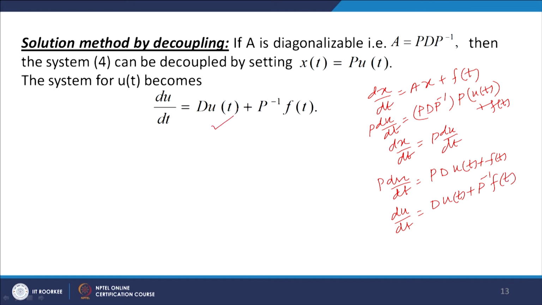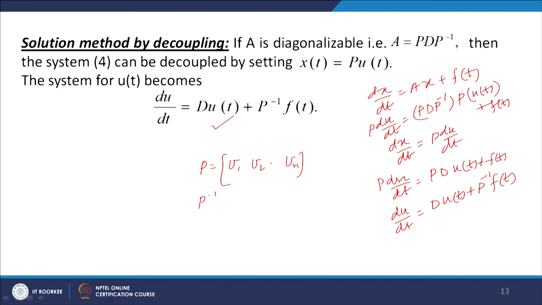So if the matrix A is diagonalizable, then we can use this formula also. We will solve this equation. We know the matrix P. P is the matrix which is found from the eigenvectors of A. Let us say they are B1, B2, ..., Bn. Since they are linearly independent, we will be able to find P inverse also.